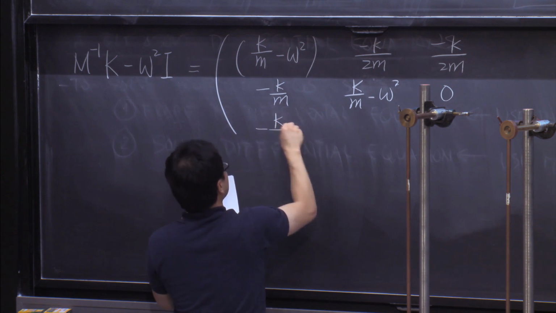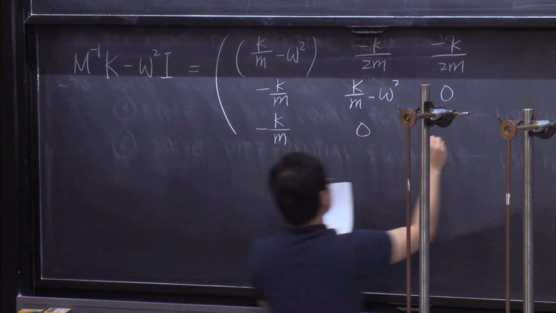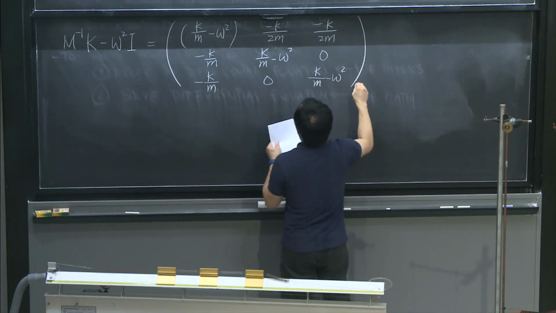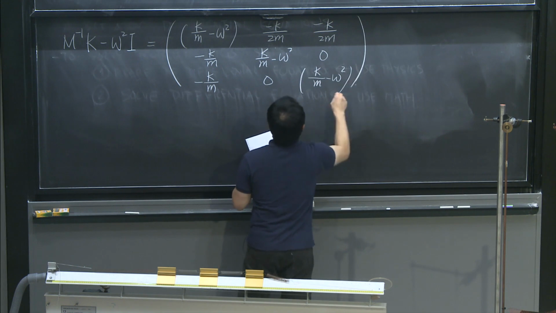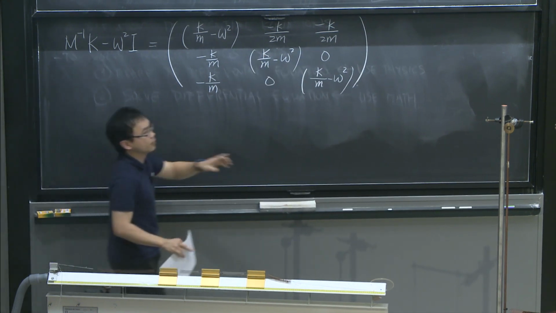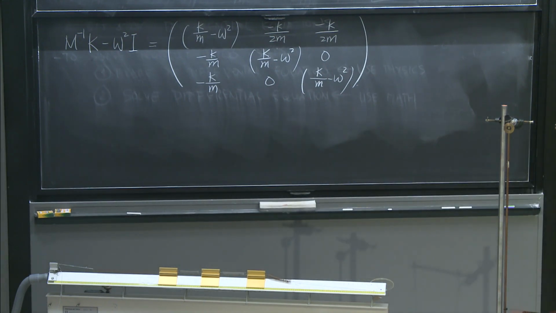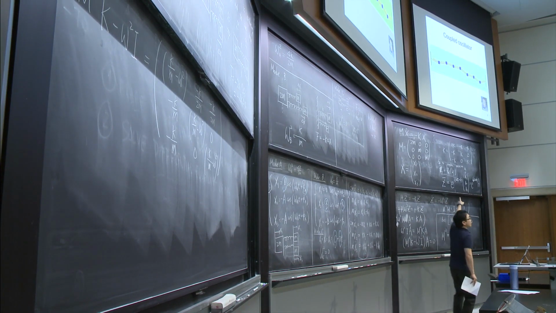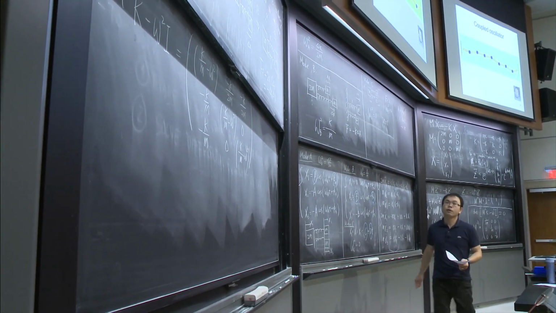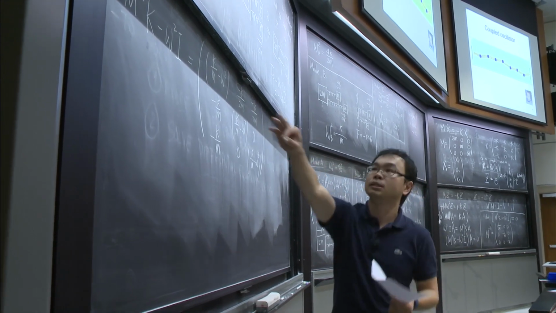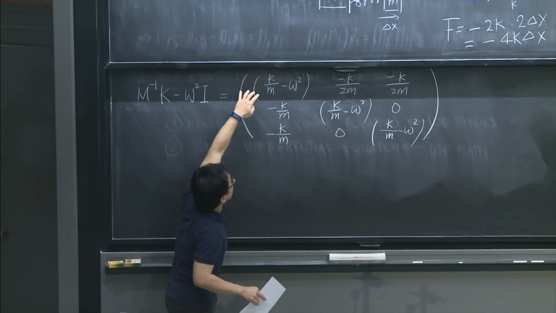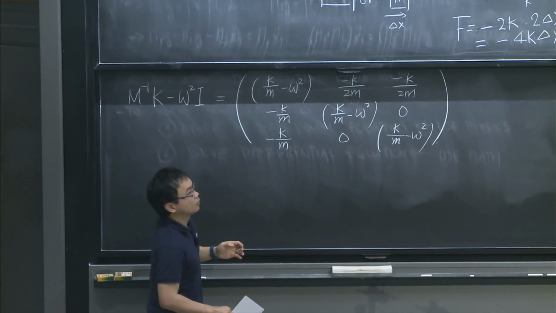I will write down all the elements first, then I will explain how I arrive at the expression. Okay, so this is n minus 1k. The definition of n minus 1 is there, and the definition of k is in the upper right corner of the blackboard. Therefore, if you multiply n minus 1k, basically the first row, the first column will get